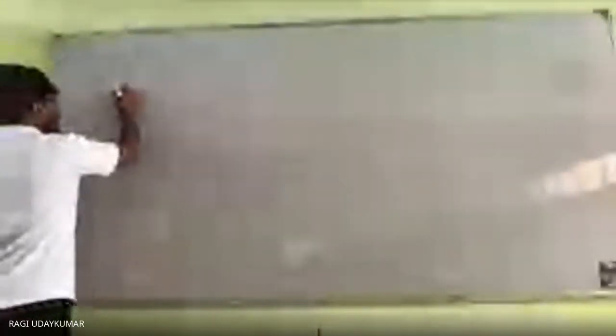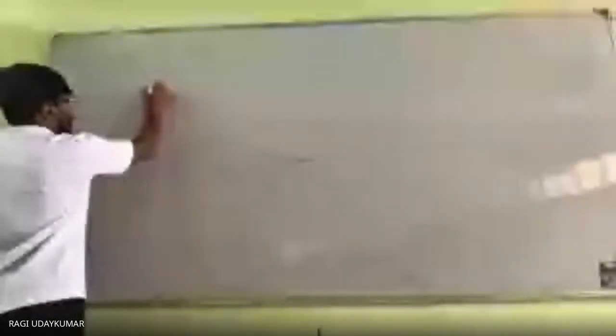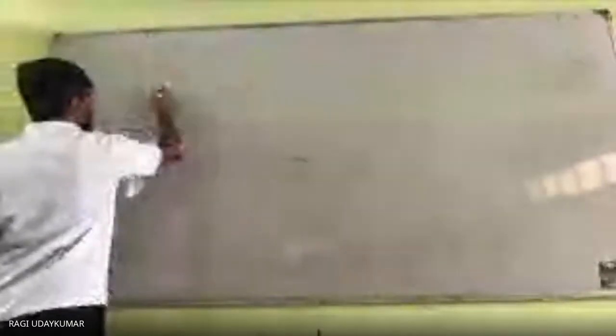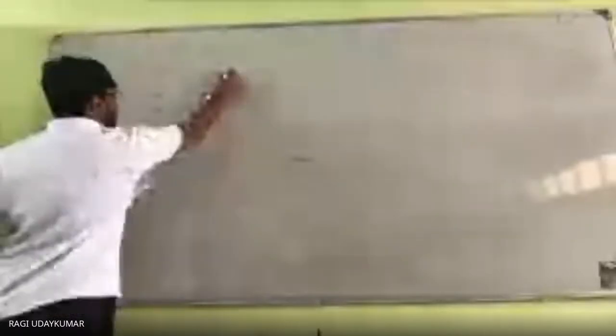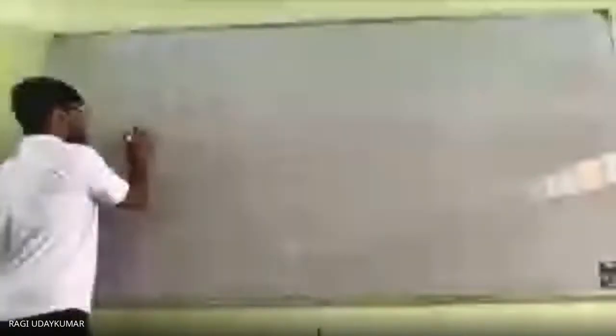Now the fifth question is given. A matrix is given to you, delta is equal to A11, A12, A13, A21, A22, A23, A31, A32, A33. This is the design. So in this first question, A is